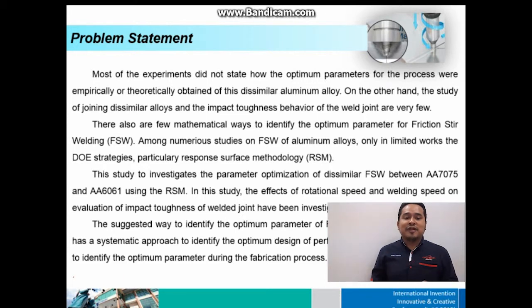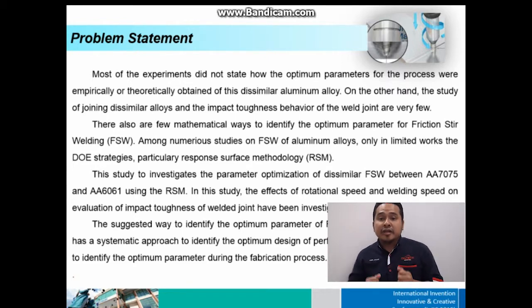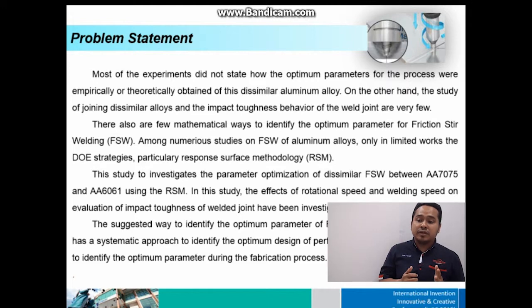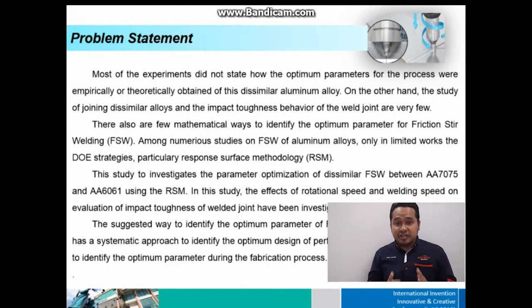For the problem statement, most of the experiments did not state how the optimum parameters for the process were empirically and theoretically obtained for dissimilar aluminum alloys. On the other hand, studies on joining dissimilar alloys and the impact toughness behavior of the weld joint are very few. There are also few mathematical ways to identify the optimum parameters for friction stir welding. Modern numerical studies on FSW in aluminum alloy have only limited work in the DOE strategy,